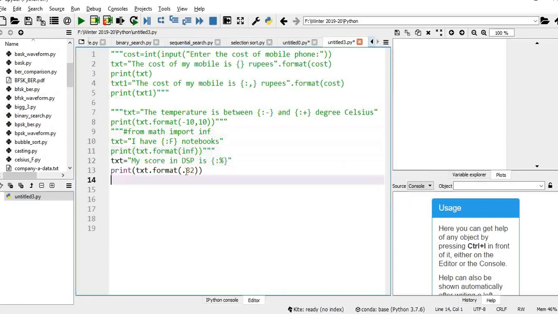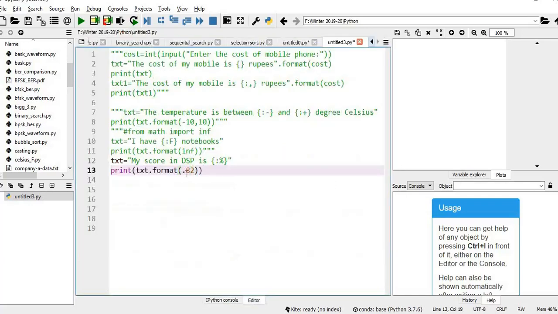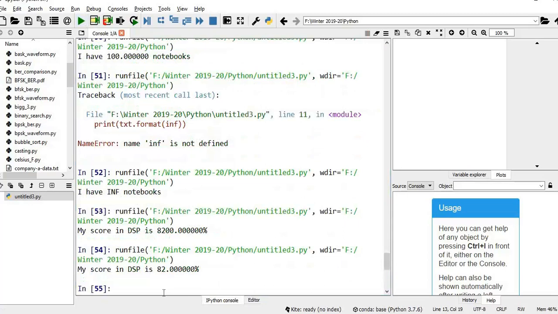Say for example, text: my score in DSP is, and here I want to display, so I have added a placeholder. Within the placeholder, colon percentage, I want to represent 82%. If I don't give a value between 0 to 1, the value is divided by 100, and you just see it automatically adds 2 zeros. This is not right. That's why I have given 0.82. It will now represent rightly: my score in DSP is 82.00